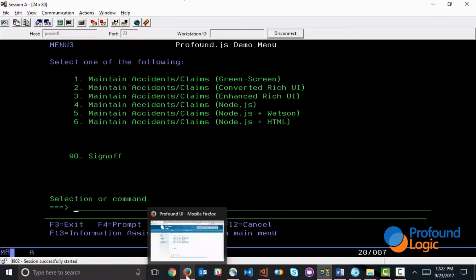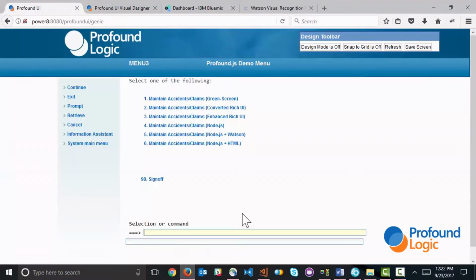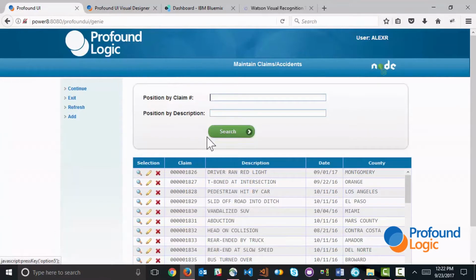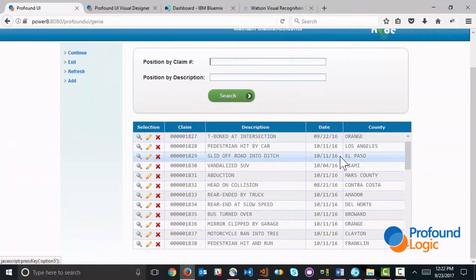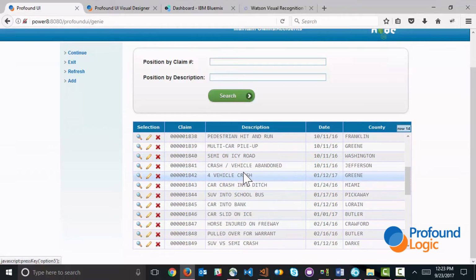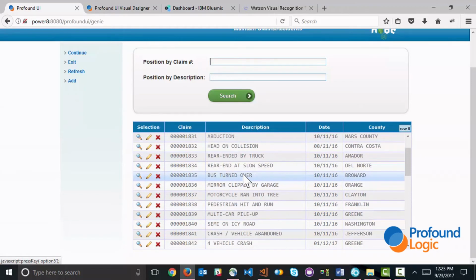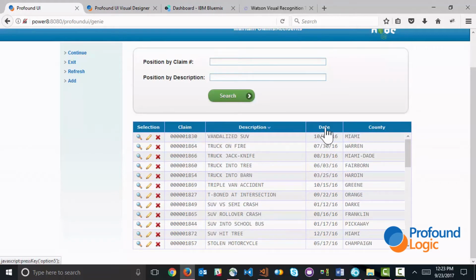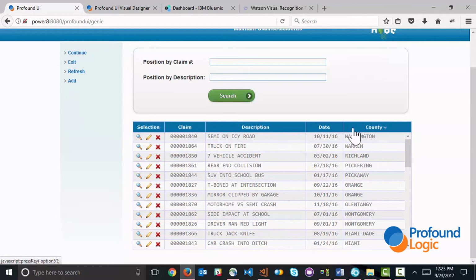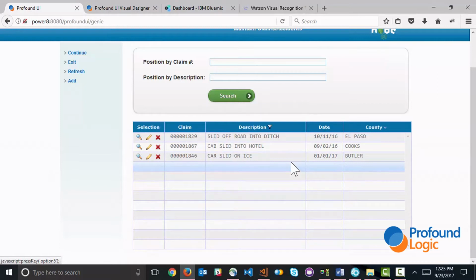So let's first take a look at our end results. We started out with the screen application, and we took it to this format, where it's now a graphical application. I'll point out just some of the nice features that you get when you do something like this. First of all, you can see that the records are scrollable. You're not paging through the records, and that's already a nice advantage. You can also click on any one of the columns and sort the records. Another nice feature that I like is the ability to filter the records. If you're looking for something specific, you type in the words and it filters the records.